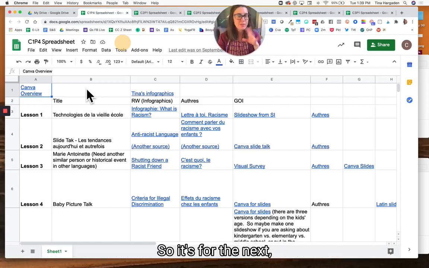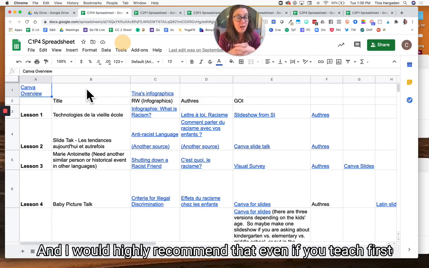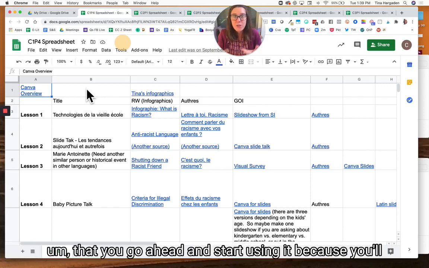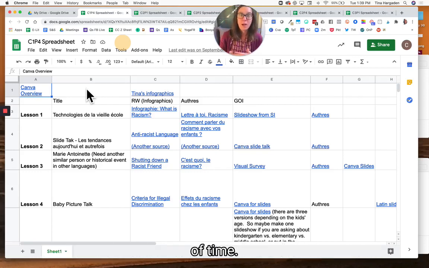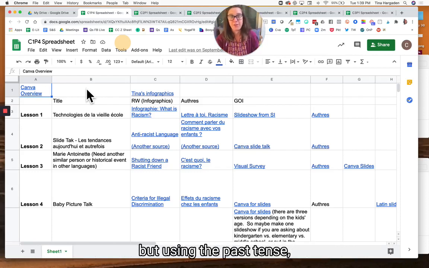So for all the rest of the cycles, there's an intermixing of the present and the past tense. And I would highly recommend that even if you teach first year and it's new for you to start using the past tense this early, you go ahead and start using it, because you'll expose your students to the past tense for a longer period of time. It's not like you're going to hold them accountable or expect them to be perfect at using the past tense,